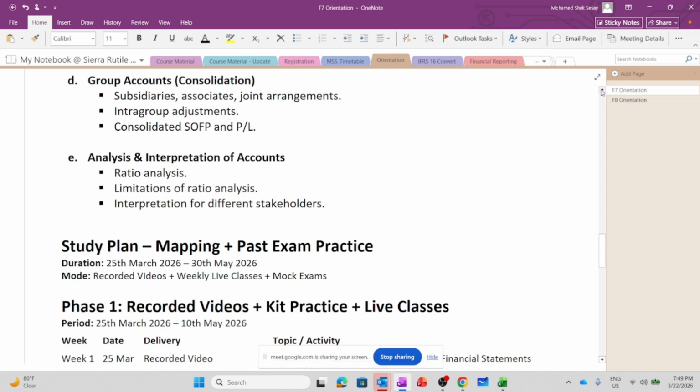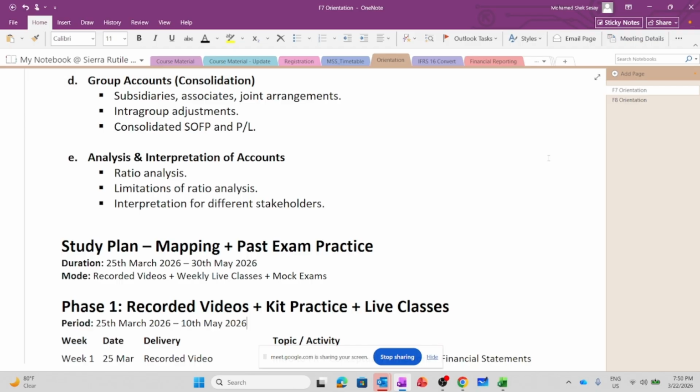Then finally, in the syllabus overview, we are going to focus on ratio analysis. As I mentioned earlier, you need to know how to make meaningful information from the historic financial information, from the gross profit margin, from the net profit margin, from the quick ratio, from the acid test ratio, from the current ratio, from the receivables collection period, from the payables. We need to look at all of these ratio analyses, and we need to bring out some meaningful financial decisions from the ratios, from the figures. Then also it is very important to understand the limitations of ratio analysis.